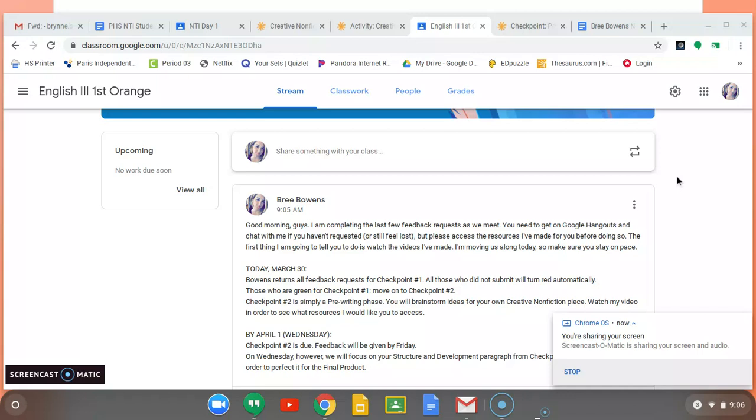This is for our class on March 30th, and really the point of this video is just to show you what you need to access in order to do checkpoint 2 correctly. It's not a hard checkpoint, it's just making sure you have the right resources available for you. This checkpoint is just a pre-writing phase